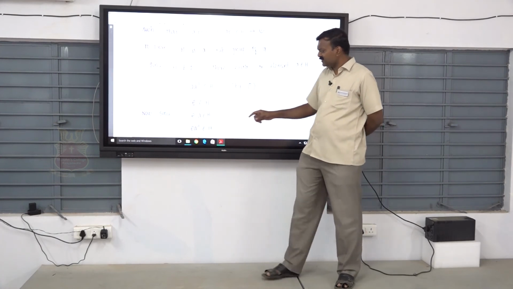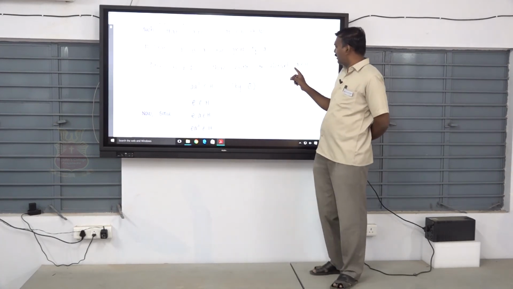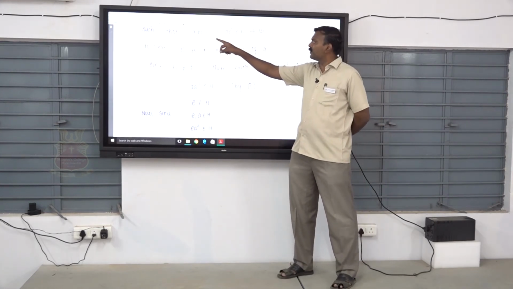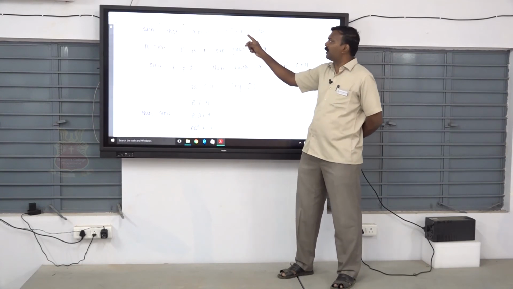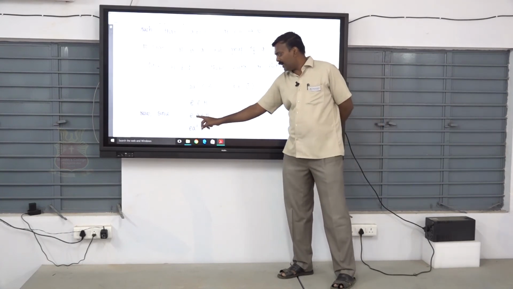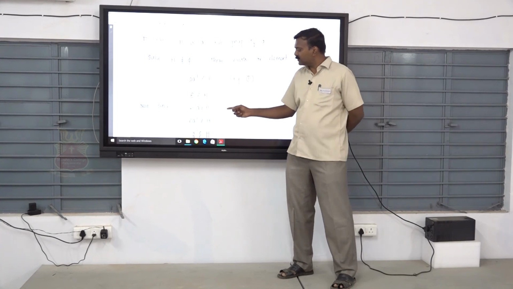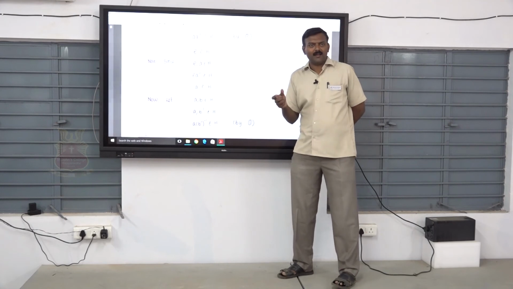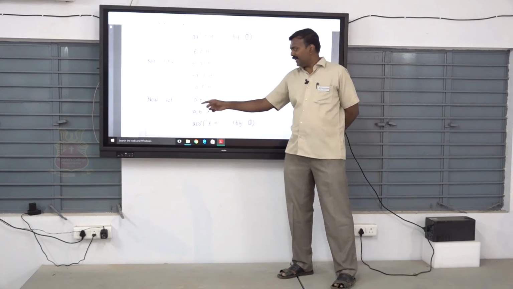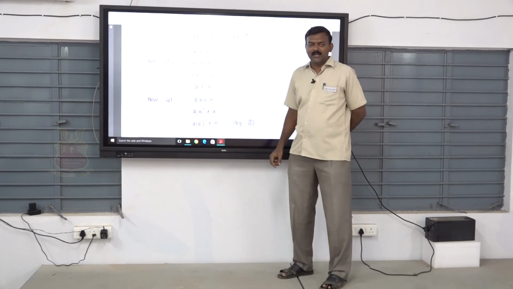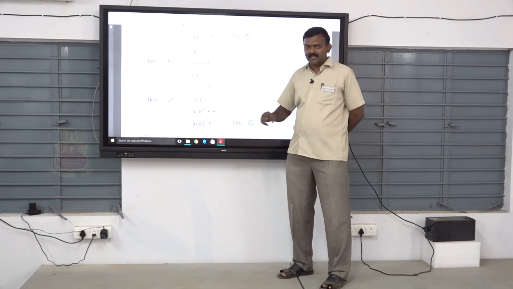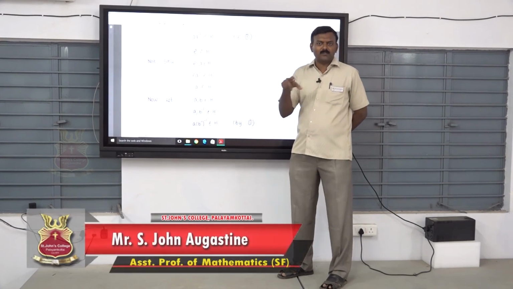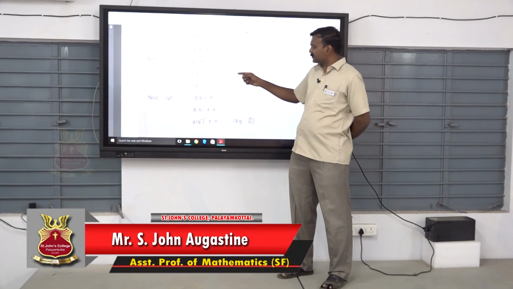Now, since e belongs to H and a belongs to H, then e, a belongs to H. We have a, b belongs to H means ab inverse belongs to H. So e, a belongs to H, therefore e a inverse belongs to H. Here e is the identity element, so e a inverse means a inverse. Therefore a inverse belongs to H. That means the inverse element belongs to H: a belongs to H, and a inverse belongs to H.